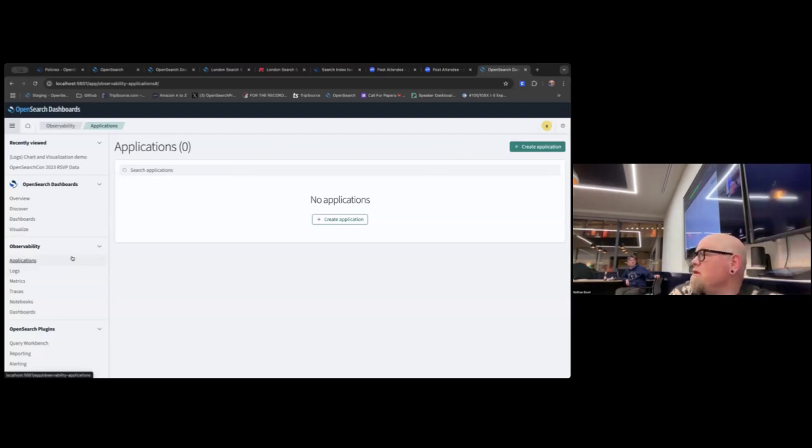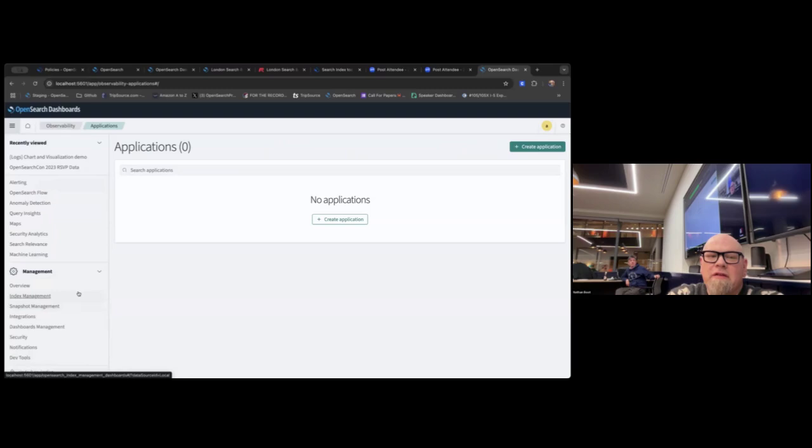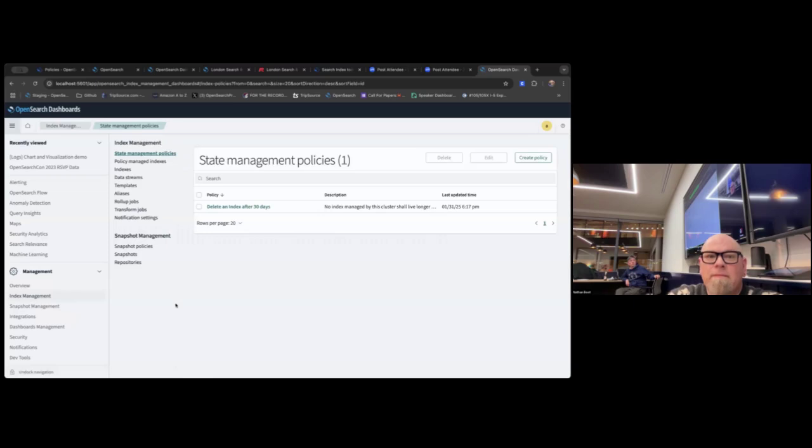So I don't know if you've seen OpenSearch before. If you want to play with it and look around, we have playground.opensearch.org. You're always welcome to visit that, click around and interact with it just to see what it's like. But the place where you can interact with those kinds of things is under index management. So you'll see a tab on the left here, management, index management.